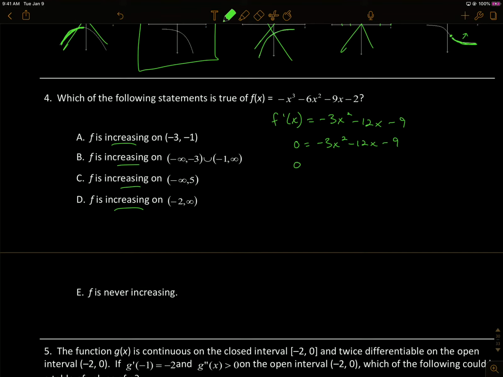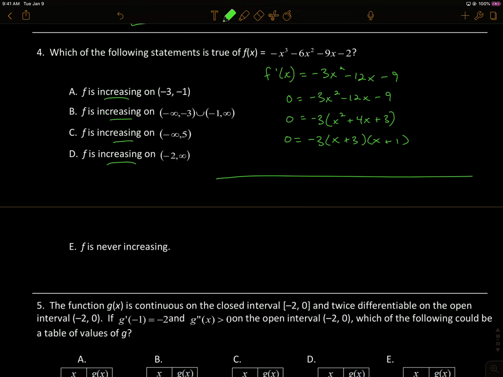I can factor out a negative 3. And then I can factor this, it looks like, into x plus 3 and x plus 1. So that gives me, for my sign analysis, zeros at negative 3 and negative 1. I'm testing the first derivative. I'm going to test x equals negative 5, x equals negative 2, and then x equals